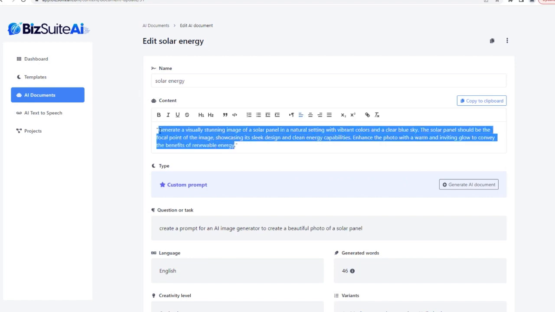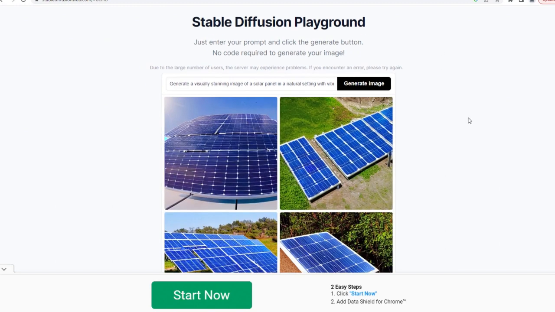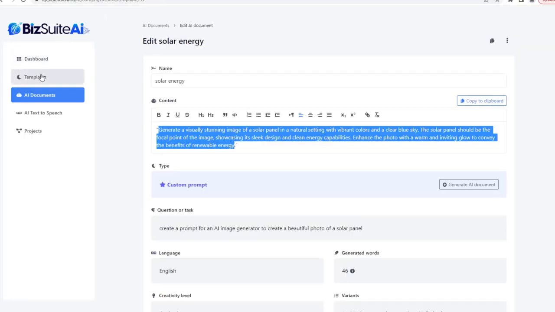In fact, let's just do a quick little bonus here. Let's copy this, jump over to something like the Stable Diffusion Playground, and just generate an image based on that prompt and see if it actually works. Sure enough, it gave me some great results. Jumping on back to the templates,